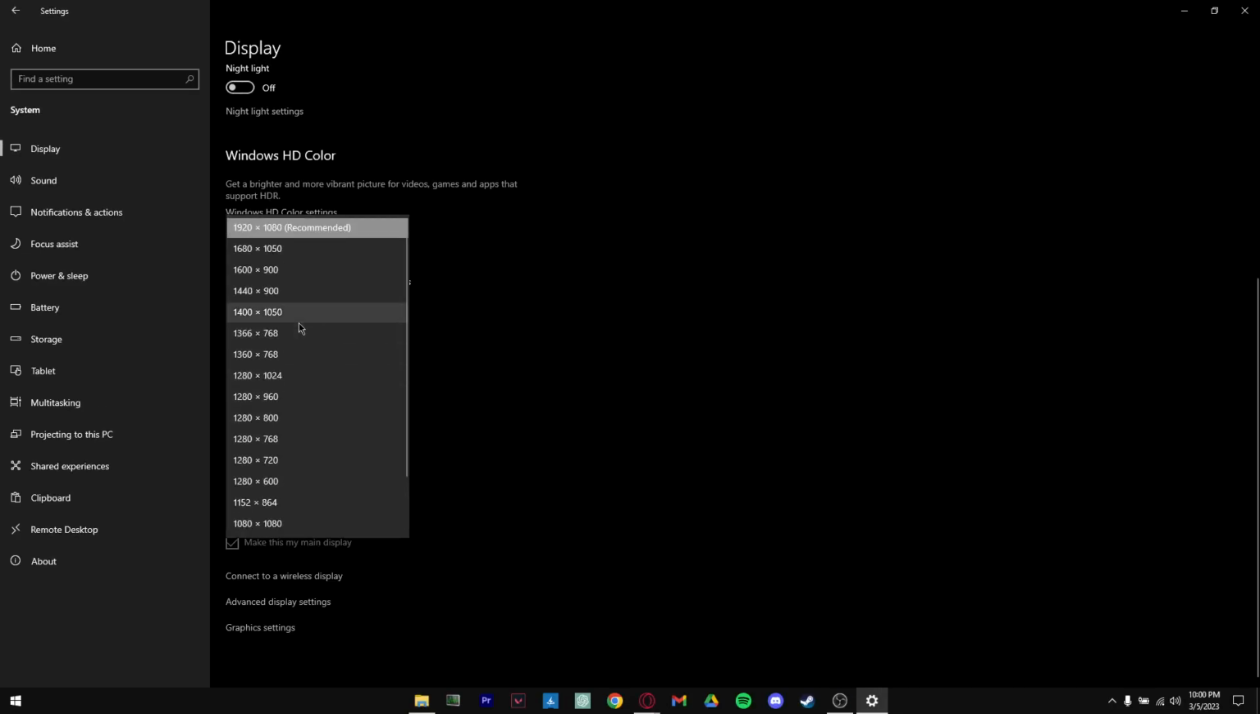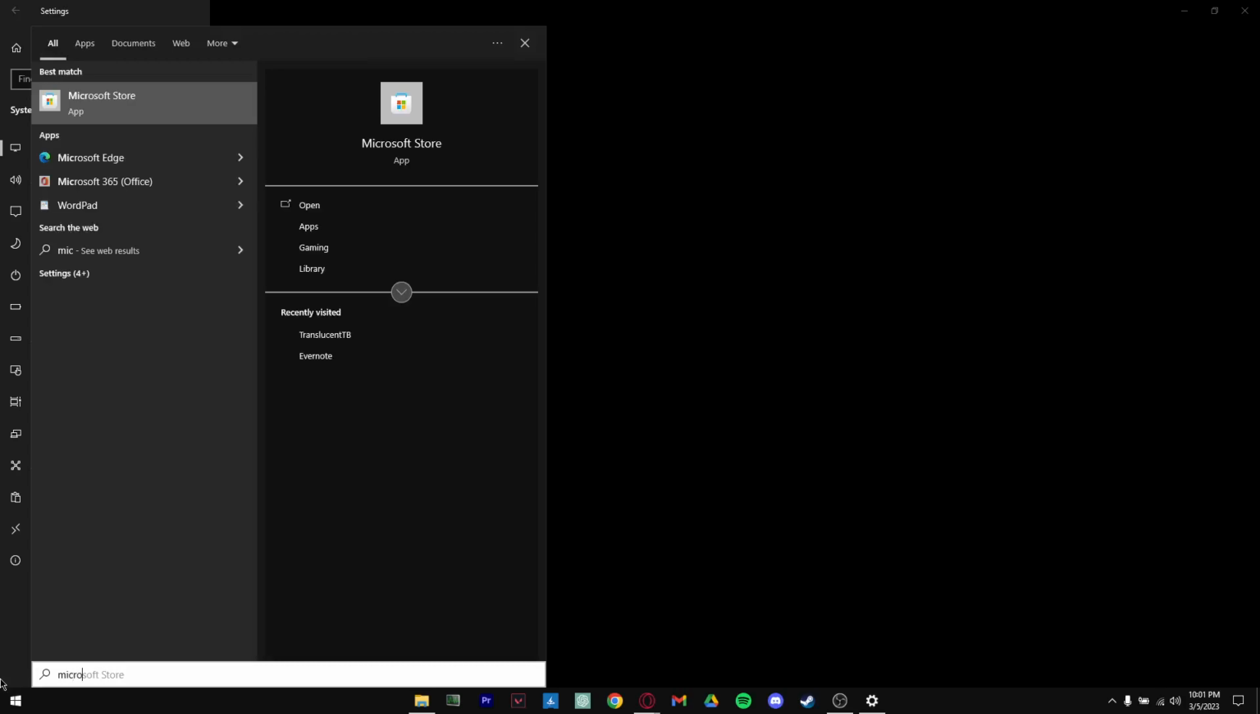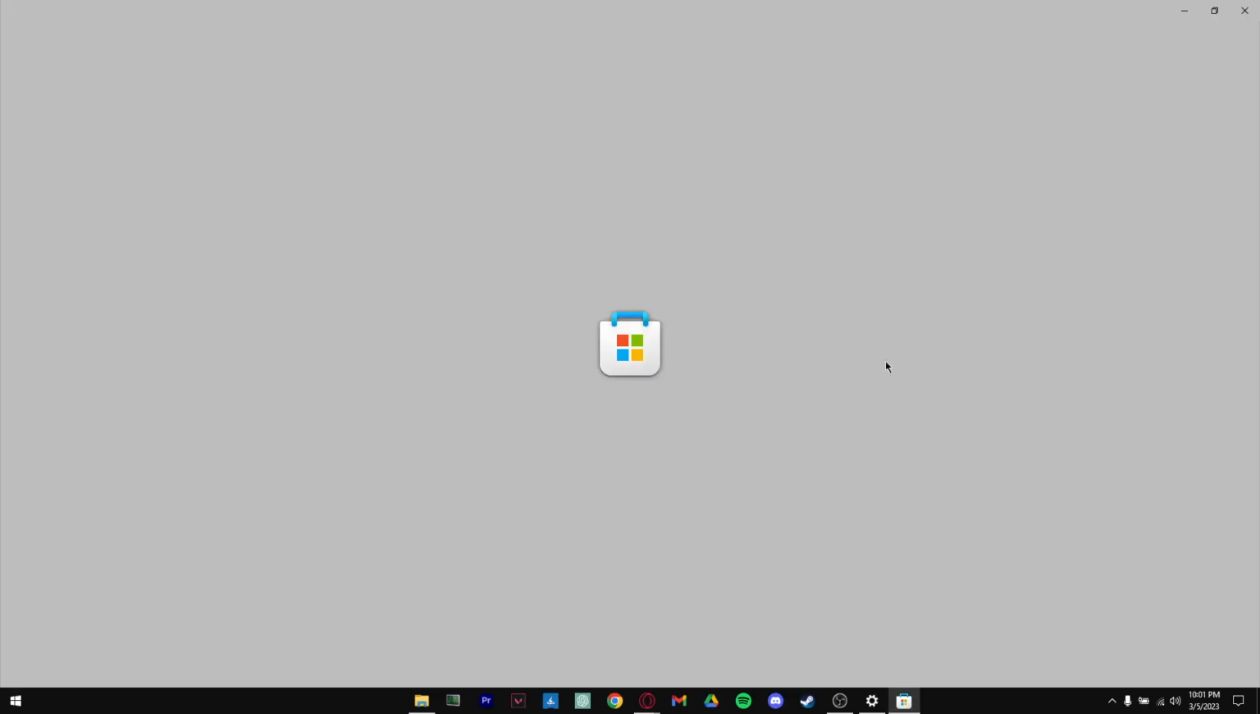If you want a custom resolution, what you're going to have to do is download an app called the Intel HD Command Center. To download this, you want to head to the Microsoft Store and search for it, and you should be able to download it. So once we open up the Microsoft Store, we simply want to head over to the search bar. For some reason, it takes a long time. So once it's loaded up, you're simply going to write Intel,